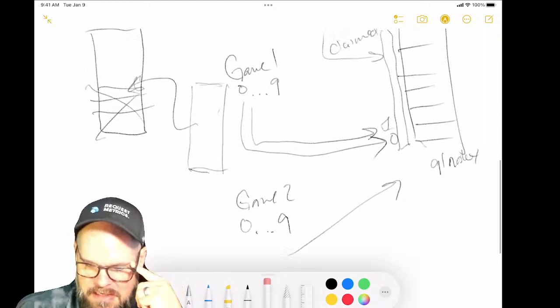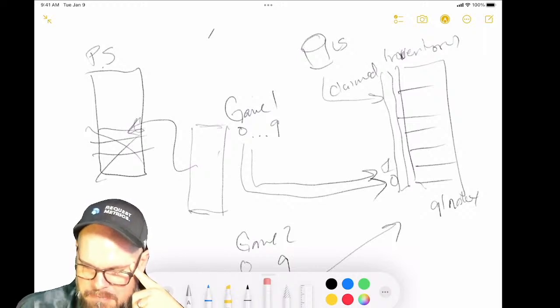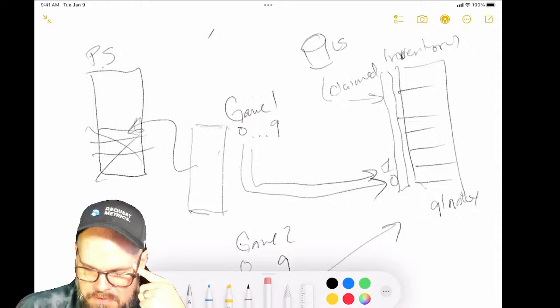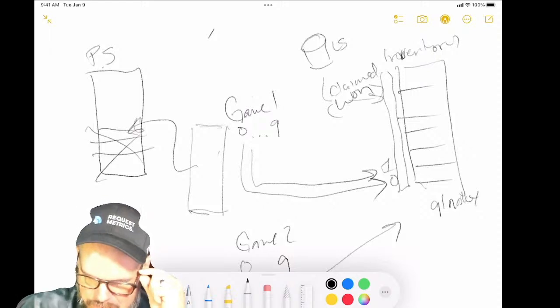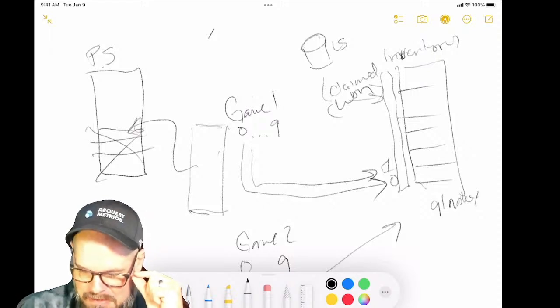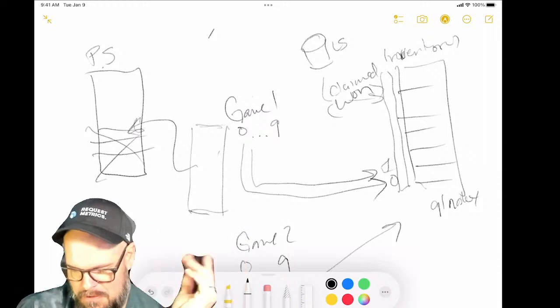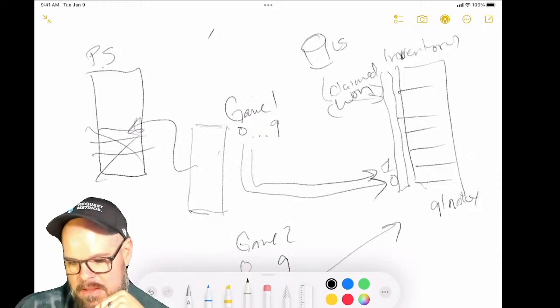I still need this claimed concept, but claimed is like 1. So when somebody wins something, then it gets claimed. Prize X got claimed in game 3, whatever. And then for the next game that is created,